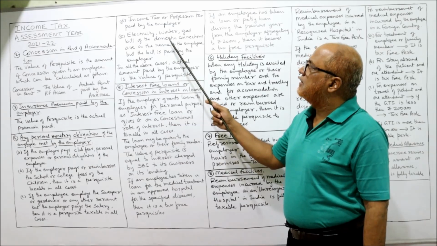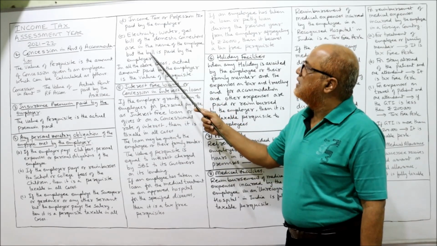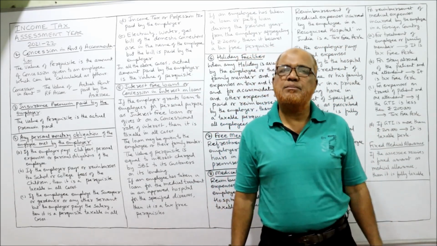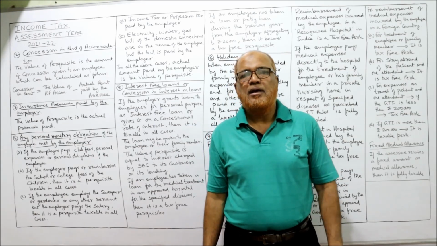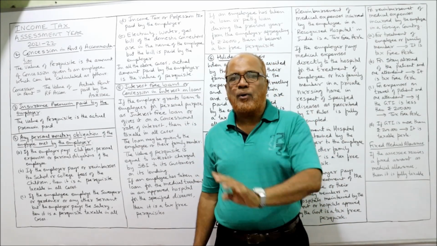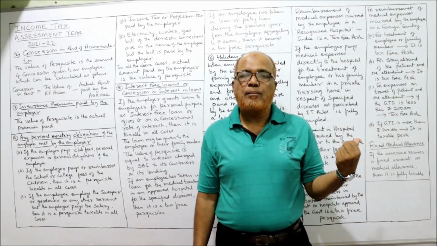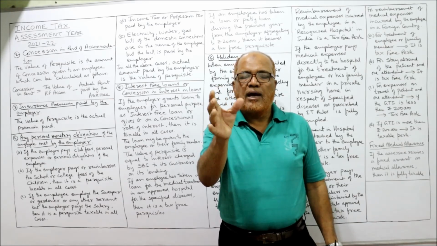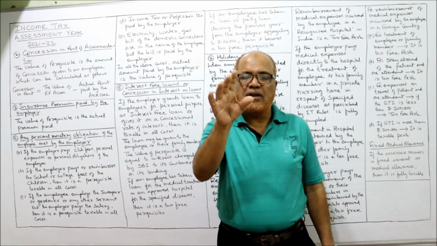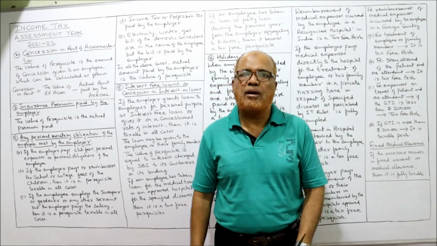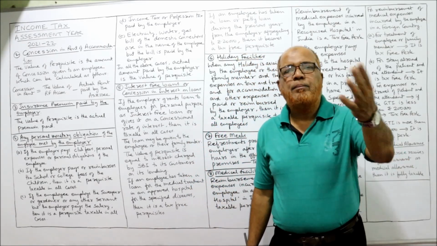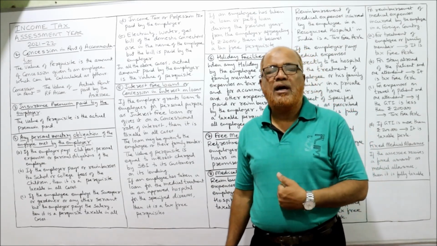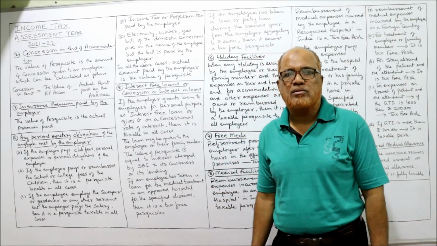Next, electricity, water, gas bill of the domestic connections. The connections are in the name of the employee, but the bill is paid by the employer. Electricity bill, water bill, gas bill. For example, I am the employer, you are the employee. You are in your house, electricity is in your name, water bill is in your name, gas bill is in your name, but the employer agreed that I will pay all the bills. It's the obligation of the employee met by the employer. It is a taxable perquisite.